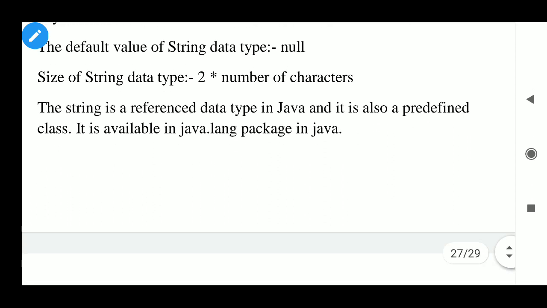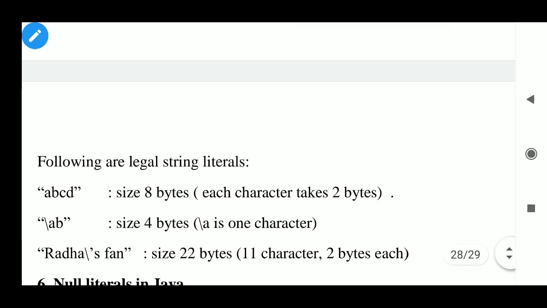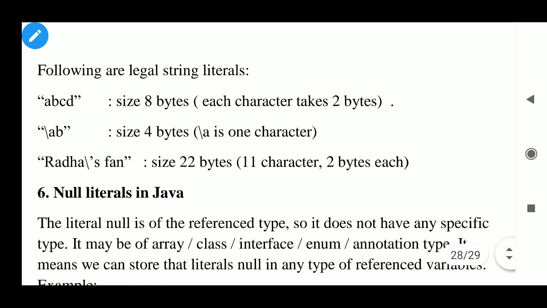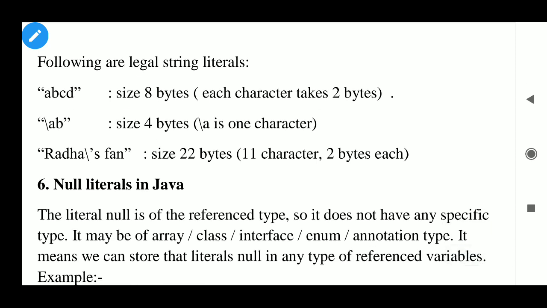This is the answer. Okay, following are legal string literals. "ABCD" in double quotes: remember, size 8 bytes. Why 8 bytes? Because there are 4 characters, A, B, C and D, and each character contains 2 bytes, so 4 into 2, 8 bytes.